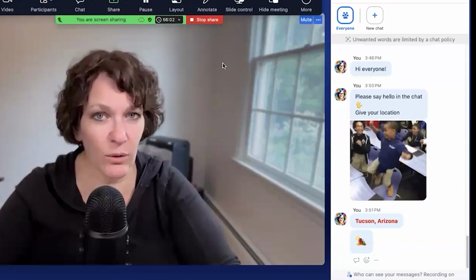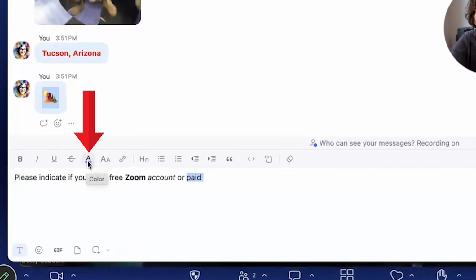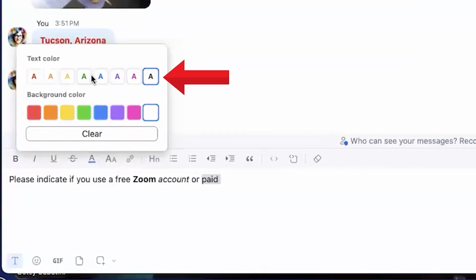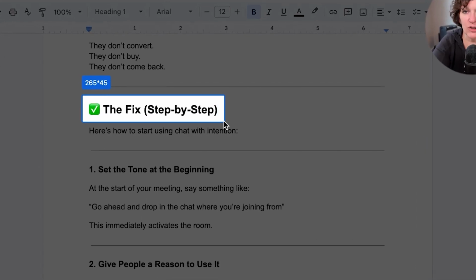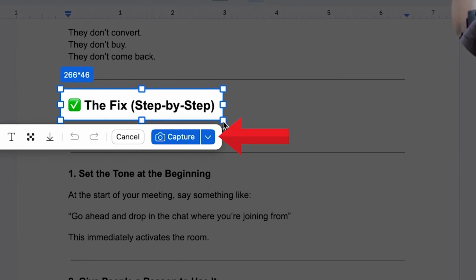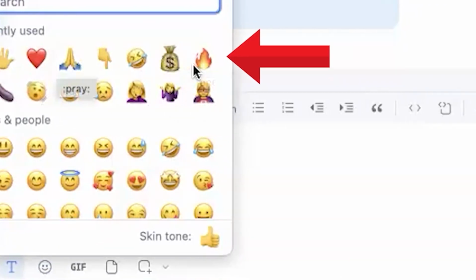What if the way you use chat inside your Zoom meetings is actually causing your attendance to drop? Zoom has a chat that you should be using in your meetings with built-in tools that improve interaction and actually keep your participants engaged and present throughout the entire duration of your meetings or webinars, rather than having them leave early. And I'm going to show you the tools that are built into the chat that you may not